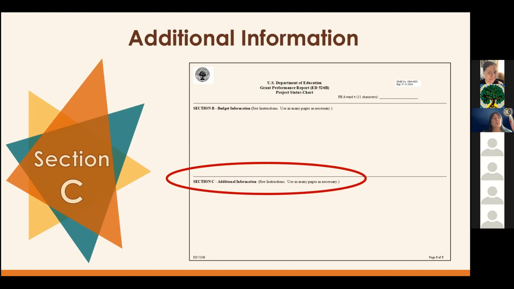So historically, we've always talked about Section C as being the place where you can include any information that either doesn't fit into your Section A in that little space that you get for your explanation of progress, or if you need more space to talk about your budget. It can also be a place for additional information that you want to share that doesn't have a home elsewhere. Sometimes grantees have shared photos or student work examples or news clippings. This is still the space where you can do that.